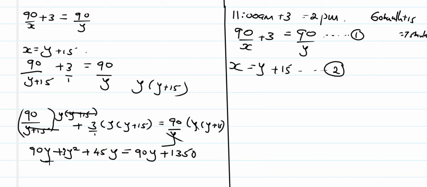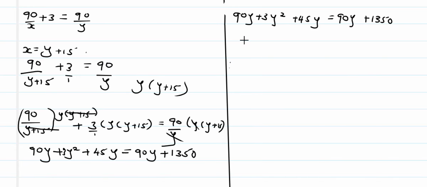And there we have our substituted equation. Can we now try to solve? The first thing is to collect like terms together, and in this case it will be 90y plus 45y plus 3y squared. I think this side is okay, and then I can also take this 90y to the other side, which will become minus 90y is equal to